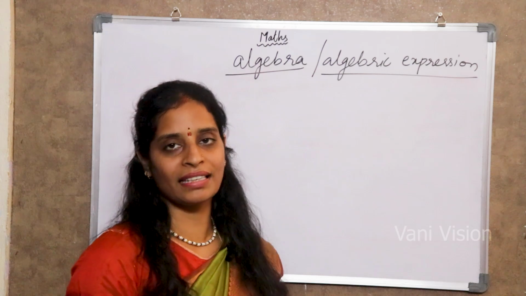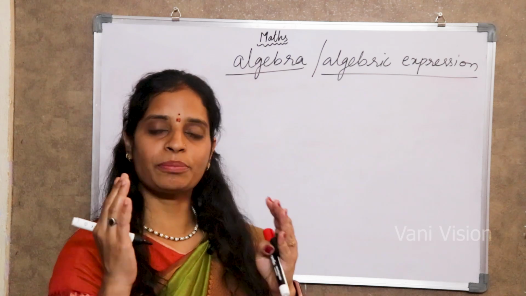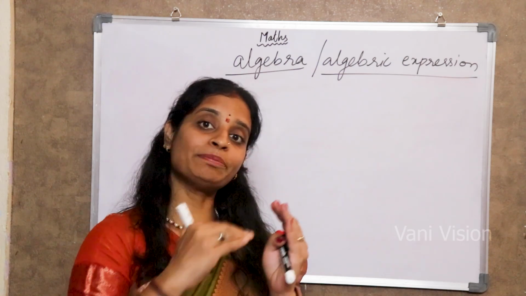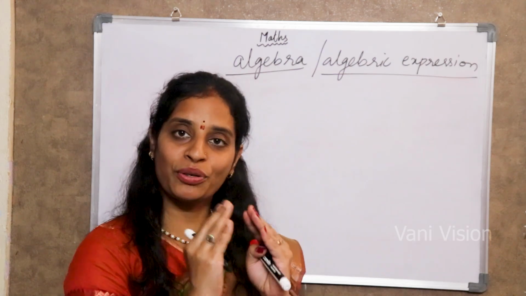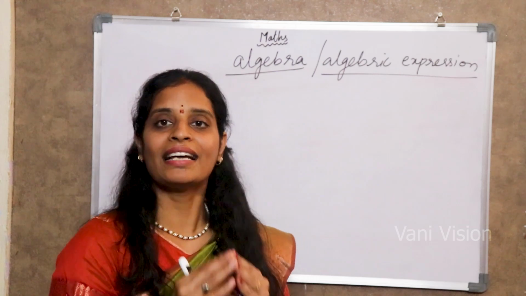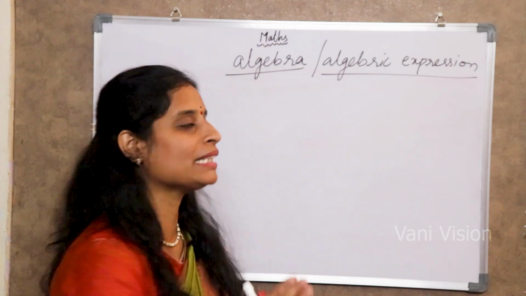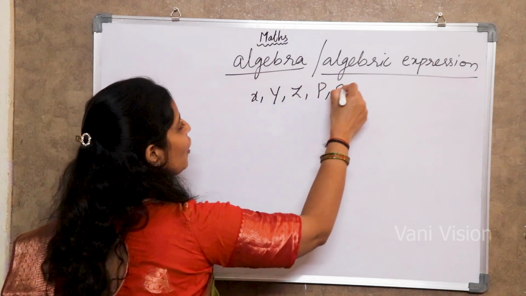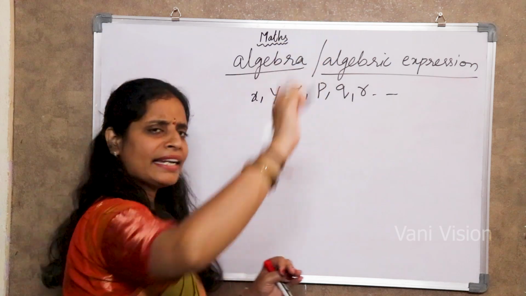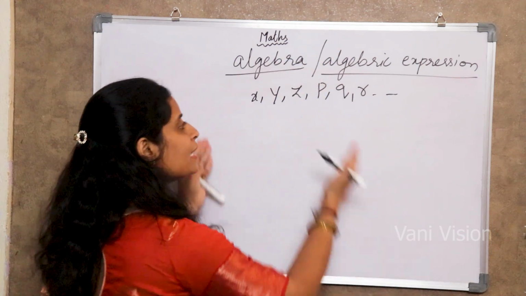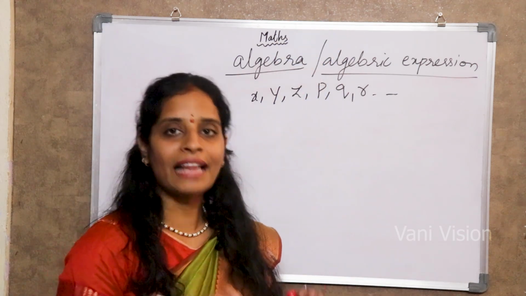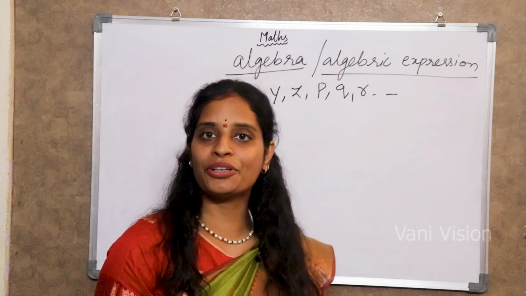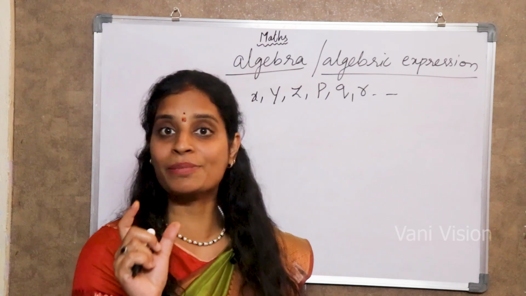Suppose you don't know about some certain thing, but they have given a relation about that particular thing. At that time, one unknown thing is there, right? That unknown thing is going to be taken as an X or a Y or a Z or a P or a Q or an R, etc. Any alphabet. So whatever alphabet we use in algebra helps us find out the unknown thing. And that should have a specific name, right?